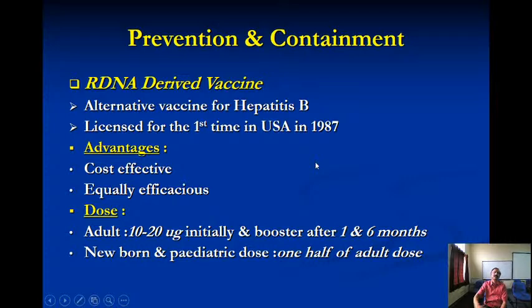Currently we have this recombinant DNA vaccine, which was started in 1987 as a cost-effective vaccine which is as efficacious, if not more efficacious, than the previous vaccine. You give it as 10 to 20 micrograms initially, with booster doses at 1 month and 6 months. Okay, forget about all this, about the dosage. The reason is that today we have introduced this into the